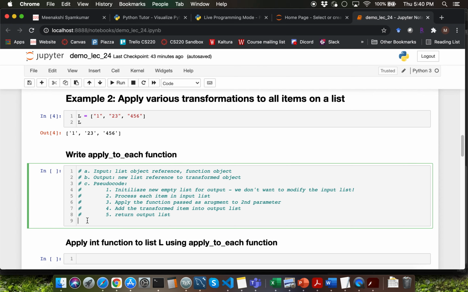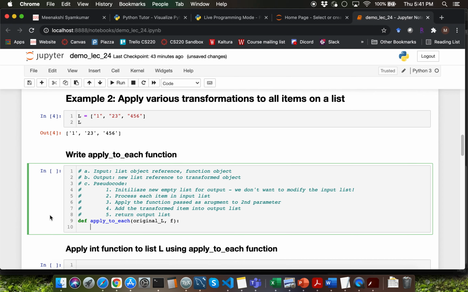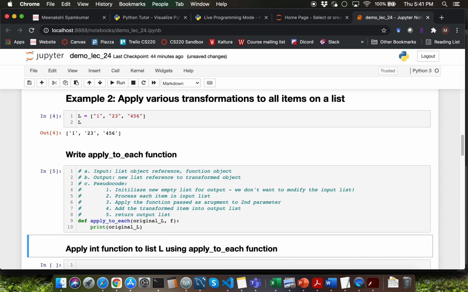Let's follow the provided pseudocode steps to come up with the definition for the apply_to_each function. I'm going to define my first parameter as original_L and second parameter as f. For now, let me call the print function to display original_L.